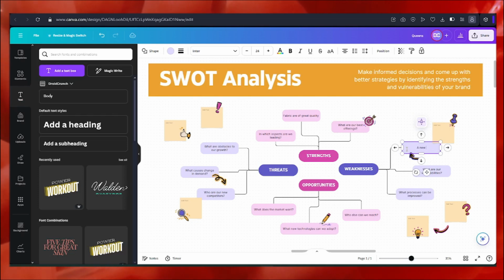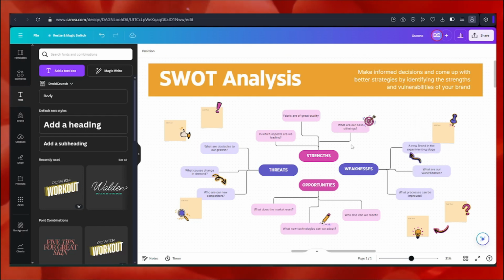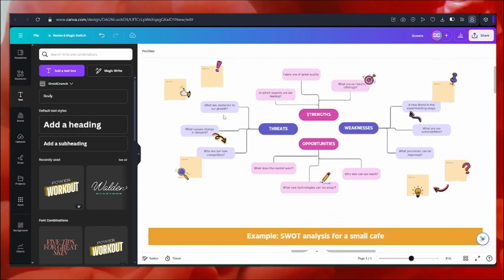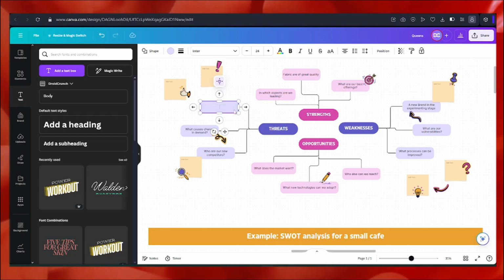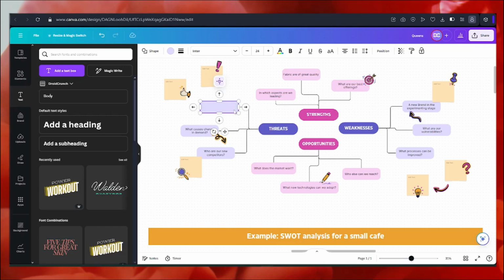A new brand in the experimenting stage, and threats can be from already existing brands in the market. For example, there are many clothing brands, Max and whatnot. So I can simply write, there is a